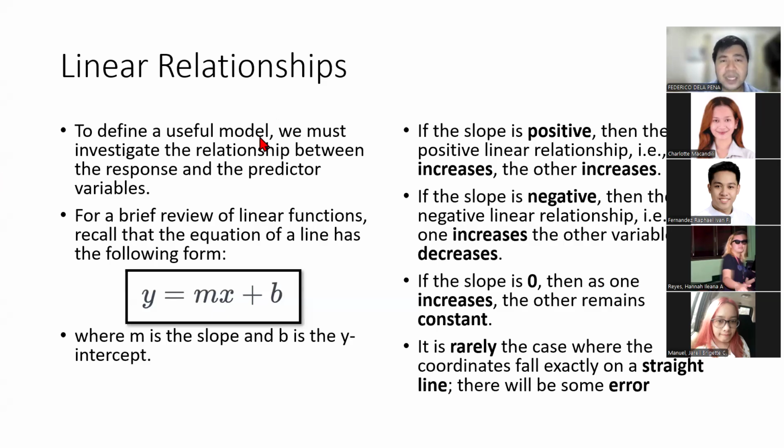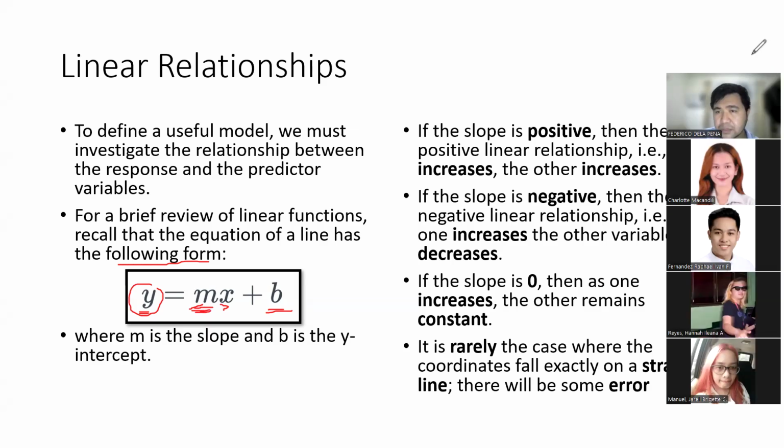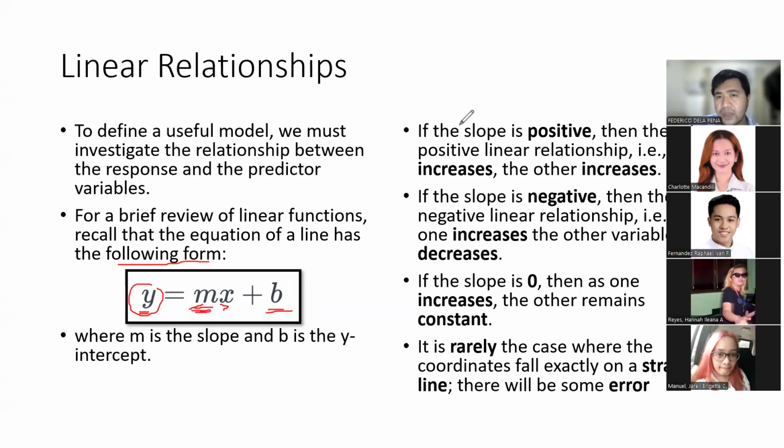And the simple linear regression will take the form of a line equation. You have y is equal to mx plus b. I'm sure you're familiar with that, right? m is your slope, x is your x value, b is your y-intercept. Okay. Later, we will show you a slightly different form of this equation, right? And how we interpret the slope,